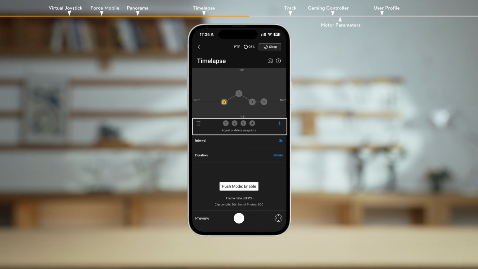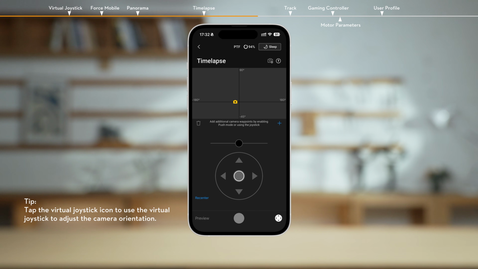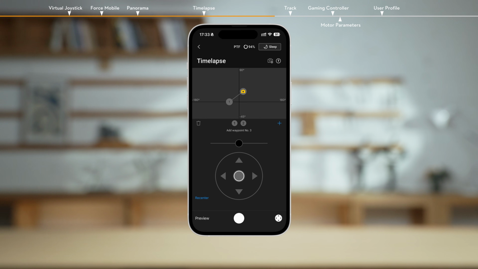Motion lapse allows users to set up to 5 waypoints so that the camera moves during the time-lapse. To adjust the position of a waypoint, adjust the camera to the desired position. Once this position point is set, adjust the axis arms, set the camera angle to the next position point, and then tap the plus icon on the screen to add a new position point. Afterwards, to delete a waypoint, select the waypoint and tap the trash icon. After setting up the waypoints, you can either tap preview to make sure the motion lapse includes everything, or tap the shutter record button to start shooting.